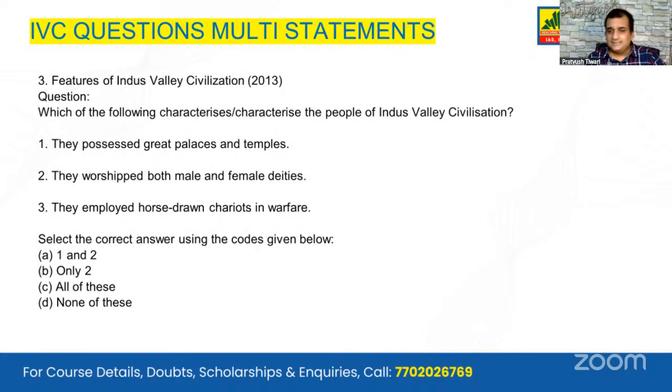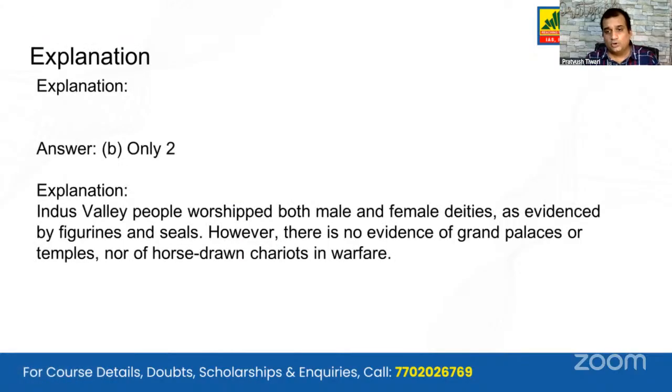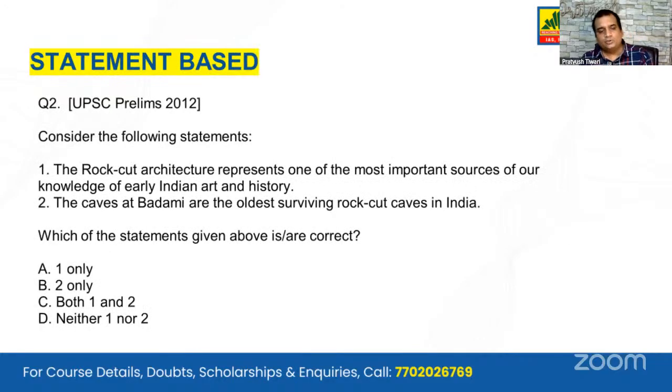Next, IVC, the Indus Valley civilization. As I was saying, you have multi-statement questions, like it was already shown to you by Chaman sir. You have this multi-statement question where they have given you three statements about the Indus Valley civilization, and you have to say whether one and two are correct, only two is correct, all of them are correct, or none of them are correct. So how are you going to come to the conclusion unless you know all about them, or can use the elimination method that we have talked about in one of our YouTube videos, and that we'll talk about again when we get time.